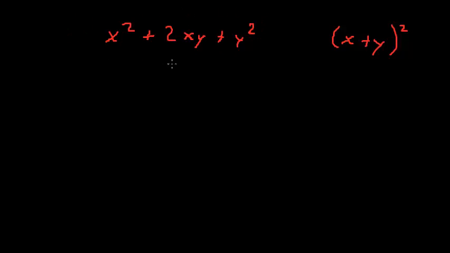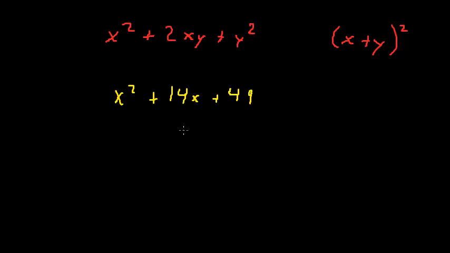Our next shortcut or trick will be from factoring a perfect square trinomial. A perfect square trinomial comes in the form x squared plus 2xy plus y squared. Remember, this is the result from (x plus y) squared. So if we can recognize that we have a trinomial in this form, we will be able to factor it as a square binomial. So for example, if I have x squared plus 14x plus 49, this is a perfect